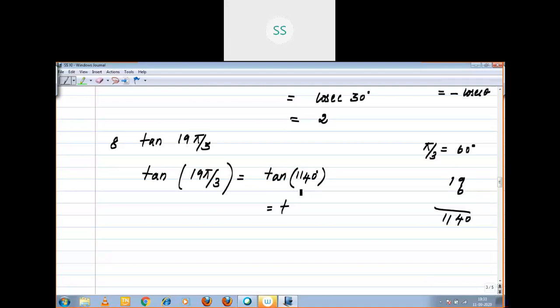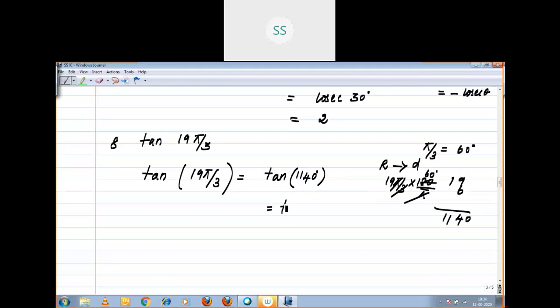Now, what is it? You are converting the radian into degree. Radian into degree means how to do? 180 by pi. That is the meaning, right? Radian to degree. That means 19 pi by 3 into 180 by pi. Pi cancels. Radian to degree conversion means the given value into 180 by pi, right? That I taught you easily. Pi by 3 value into the given number. So you arrive at 1140 degree.